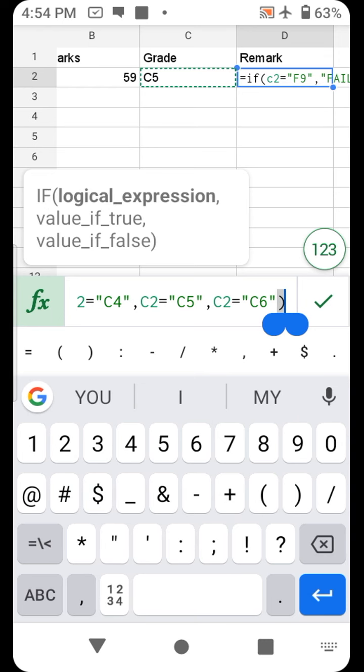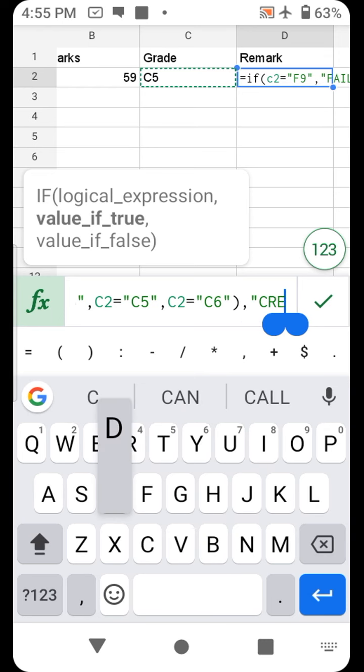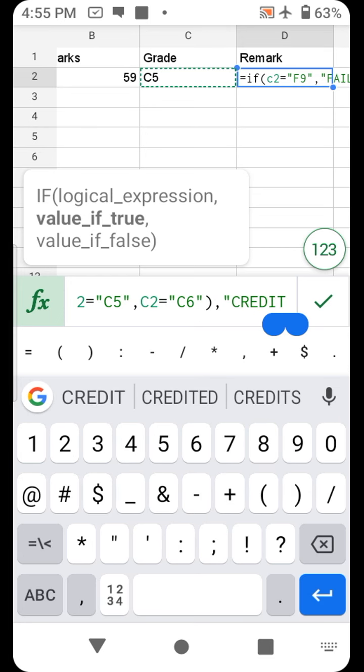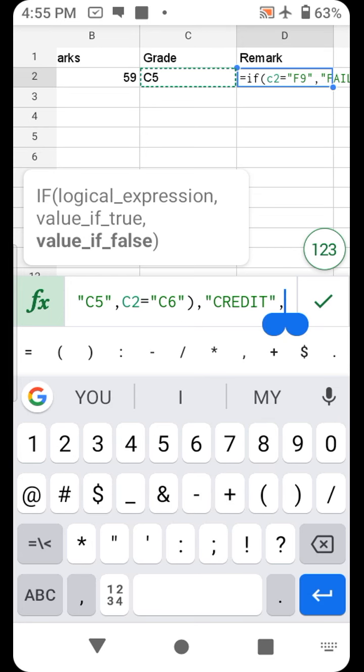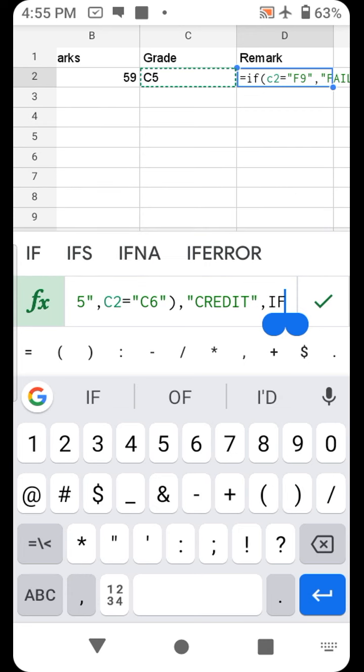Okay, you close the OR, then display credit, comma, if